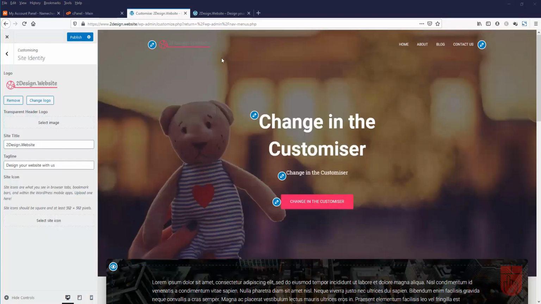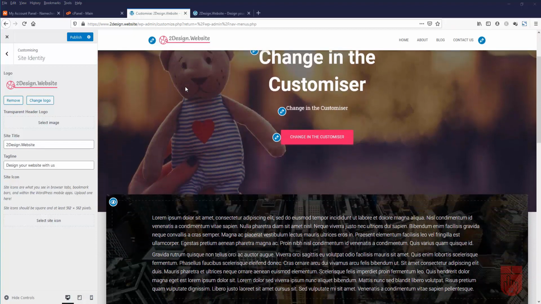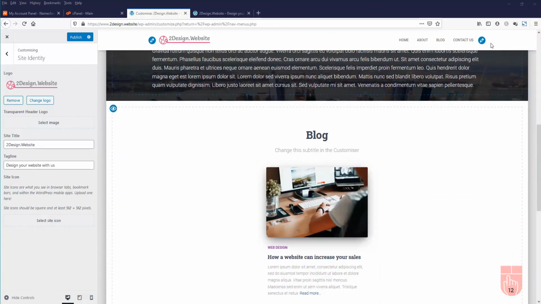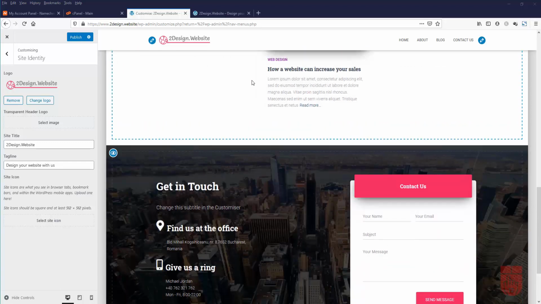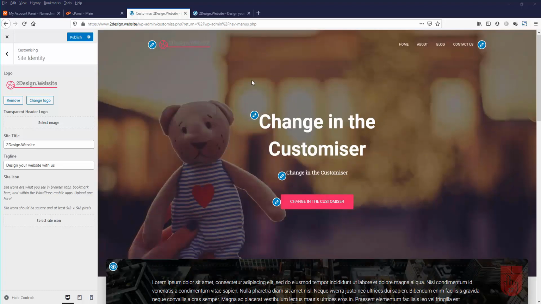Though this logo is using a transparent background, it doesn't look good with this picture. But when I scroll down my page and my menu, you can see here is sticking on the top, and the logo is okay. This looks good, no problem with that. But as soon as I scroll up, I can see my image background is transparent. This gray color is not going with my background picture, so I'm going to upload another image for